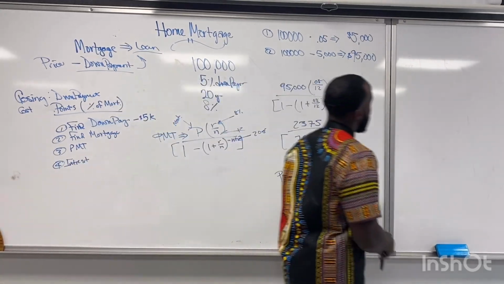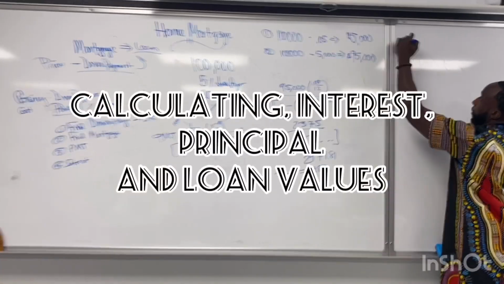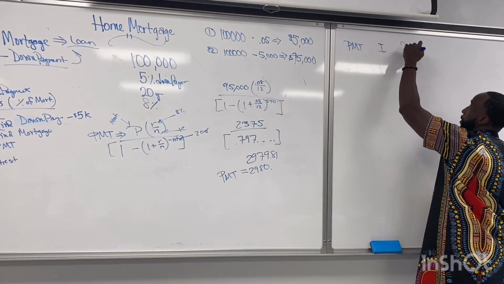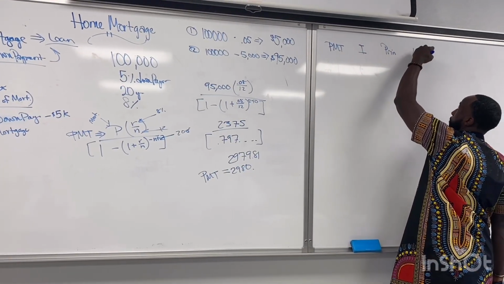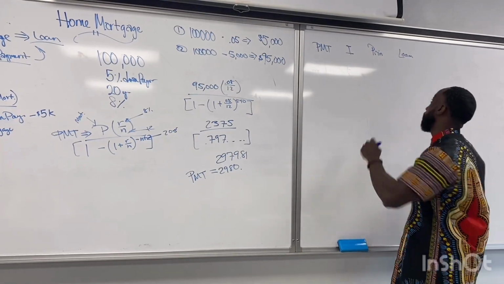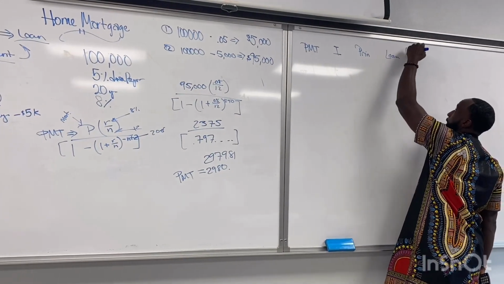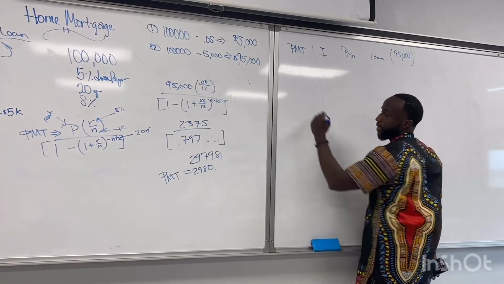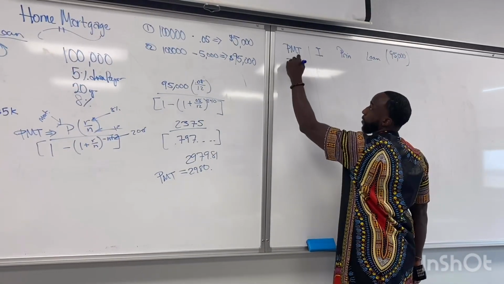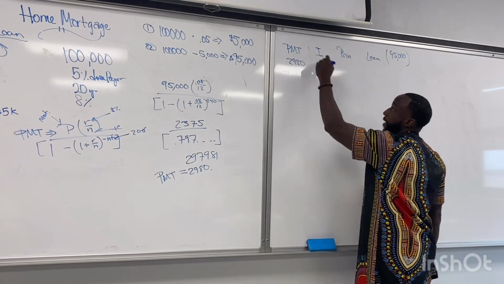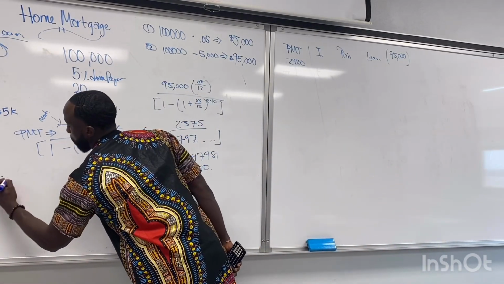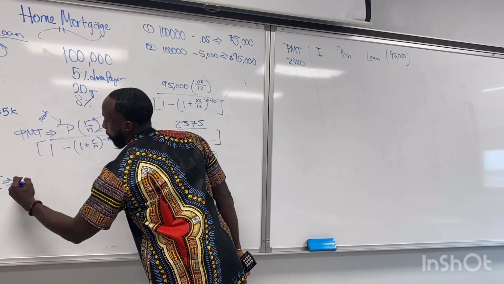Think about the table that we had. We had PMT, we had the interest, we had the principal, and then we had our loan. In this particular problem, the loan starts at 95,000. Your PMT is the same the whole time. What's that, 2980? Your interest, this is what we're looking at now. The interest equals your loan